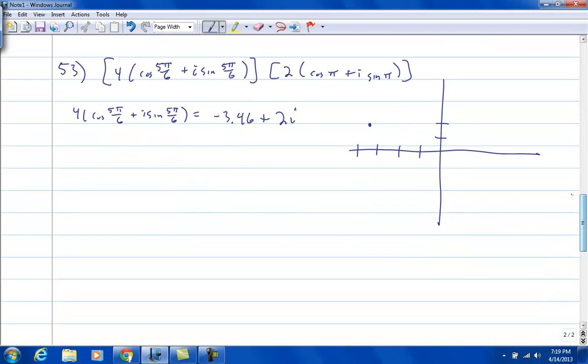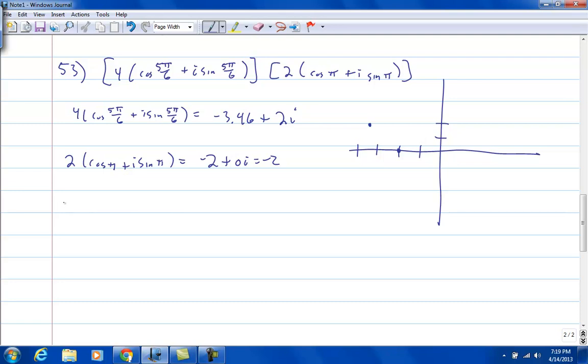And then let's do 2 times cosine of pi plus i sine of pi. That's going to be, well, cosine of pi is negative 1, so it's negative 2. Sine of pi is 0 plus 0i, so it's just negative 2. And that's it right there. Now we're going to multiply these, and nicely it's already in trigonometric form. So we just multiply those two